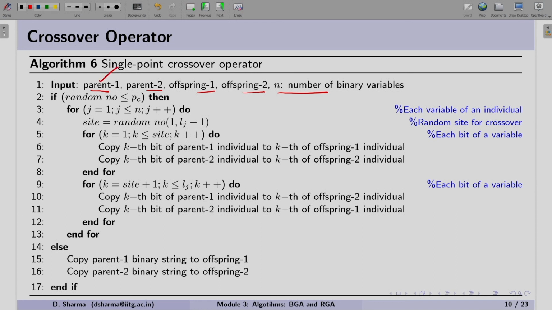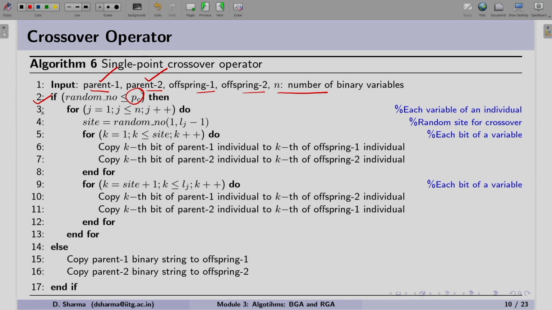When we pick parent 1 and parent 2, we generally pick these two solutions at random. In step 2, we check whether the random number is smaller than the probability of crossover. This is what we performed in our hand calculation. Suppose yes, the random number is smaller, meaning that we have to perform the crossover operator.